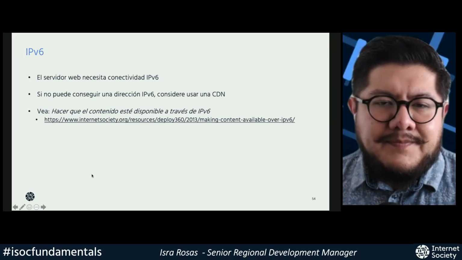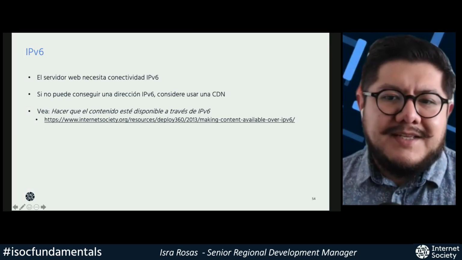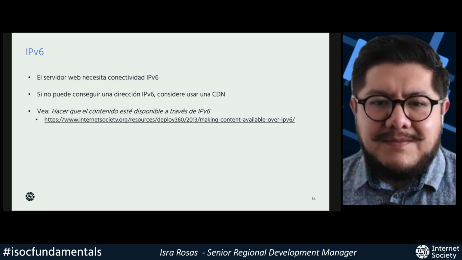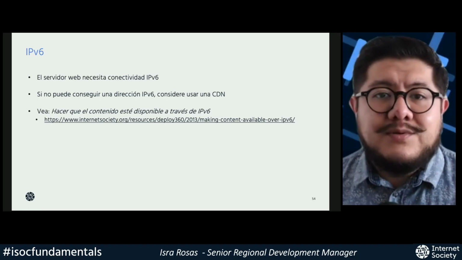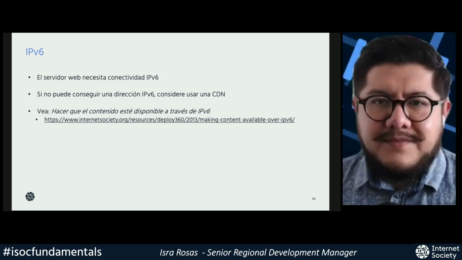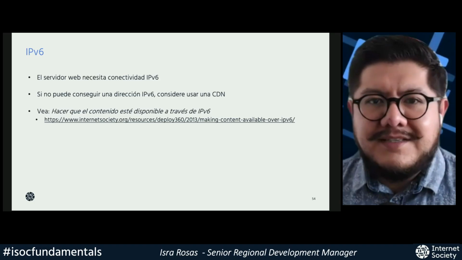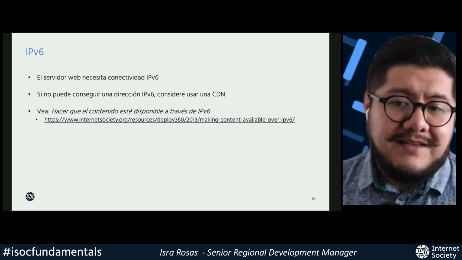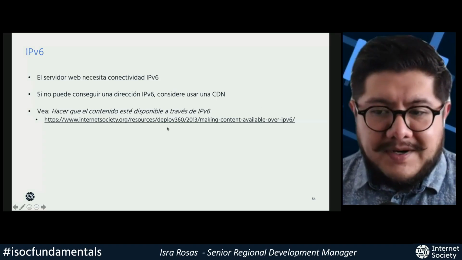This is a technology that has been around for a while now. And what we have seen here is that web servers need IPv6 connectivity. And for example, if you are unable to get an IPv6 address for any reason whatsoever, you might want to consider using a CDN.